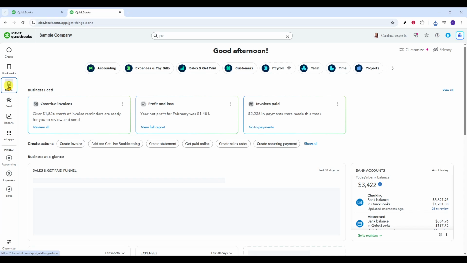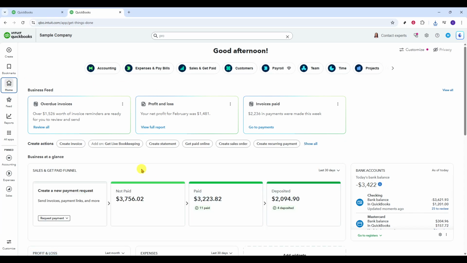In today's video, I'm going to teach you how to close the books in QuickBooks Online. Closing the books locks in your financials for a period so your reports stay accurate and final. It prevents accidental changes to past months and gives you confidence that what you share with your accountant, lender, or